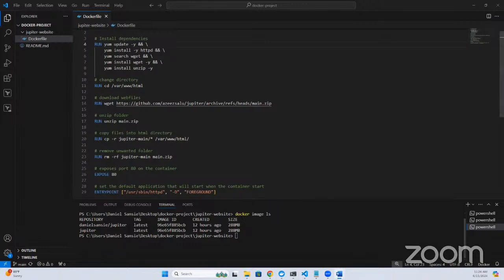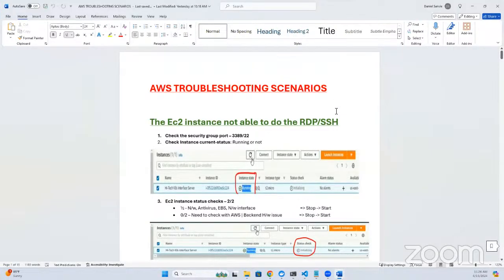Okay. There's also something else I wanted to show you guys as well. When I was preparing for this interview, I was able to find something on YouTube, basically troubleshooting scenarios. And there's loads of them, but I was able to pick up the most important ones that would normally come up. Like for this one, if an EC2 instance is not able to, you're not able to SSH